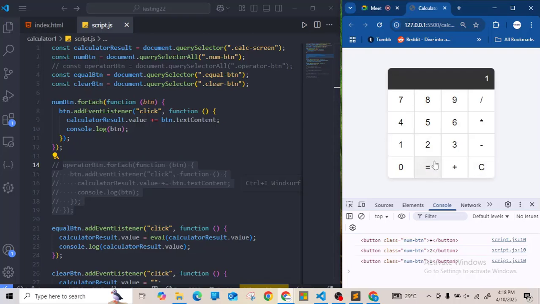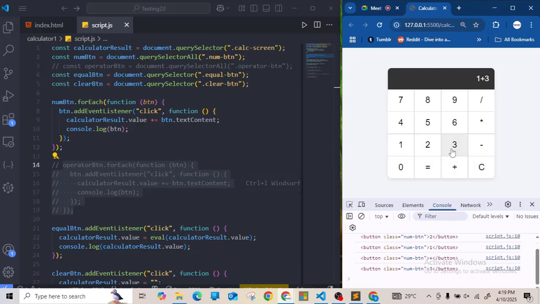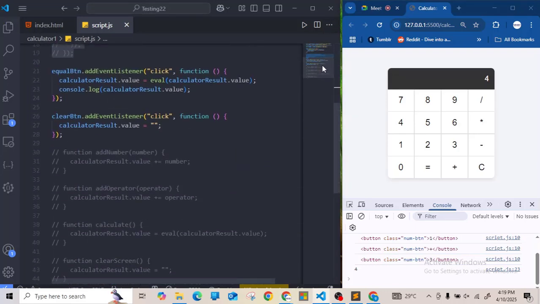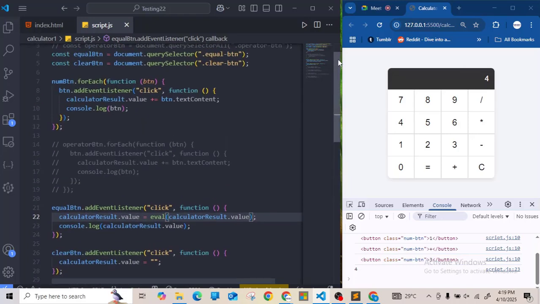If I click 1 plus 3, it will still give us 4. Why is it easy and very convenient? Because we are using the eval function here. As long as you give it an expression,